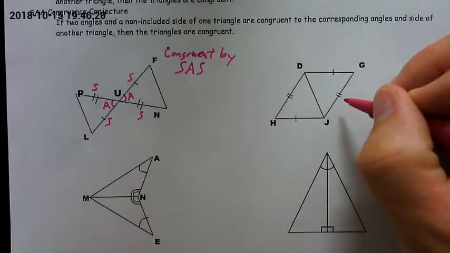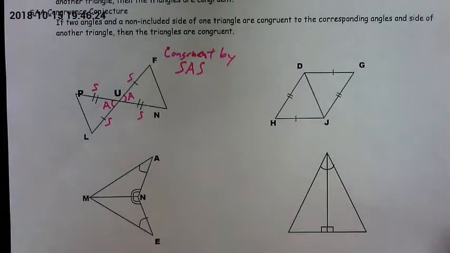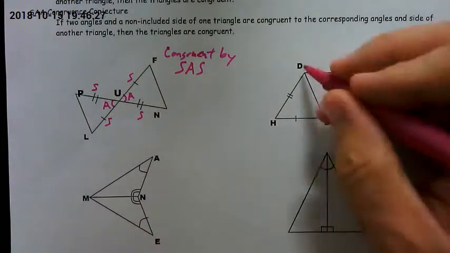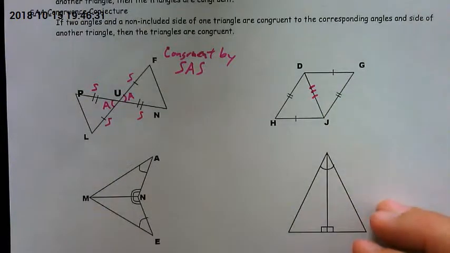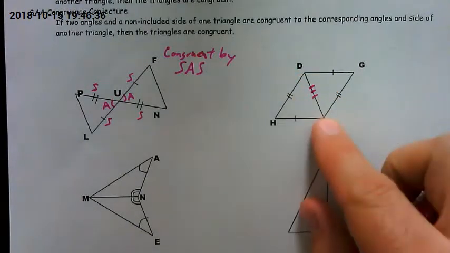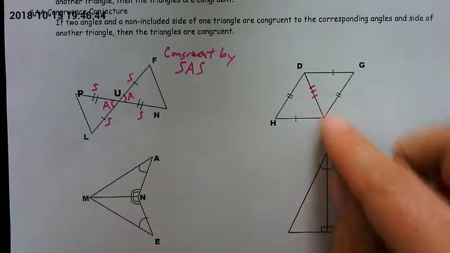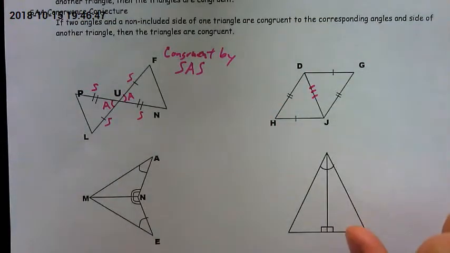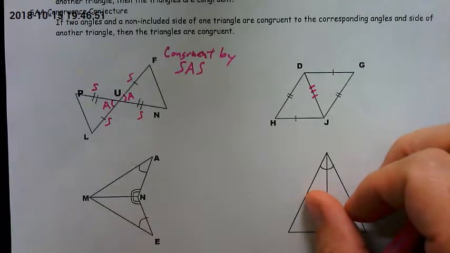On this one, all right, we now have 2 triangles. Again, 2 of the sides are labeled. This other side is not labeled. However, it's the same piece in both triangles, so it's congruent to itself. Now, that is a property from algebra called the reflexive property. If you have the same piece set equal to itself, you'd call it reflexive. Same thing in a diagram for geometry. If you have a diagram where you're sharing the same line in 2 separate figures, it is congruent to itself